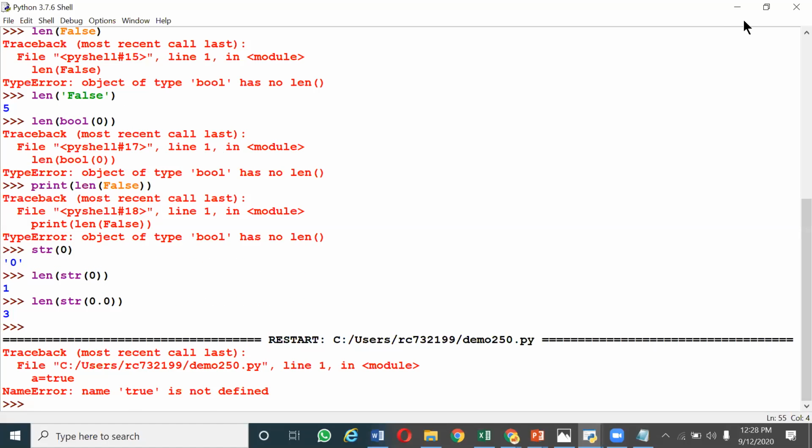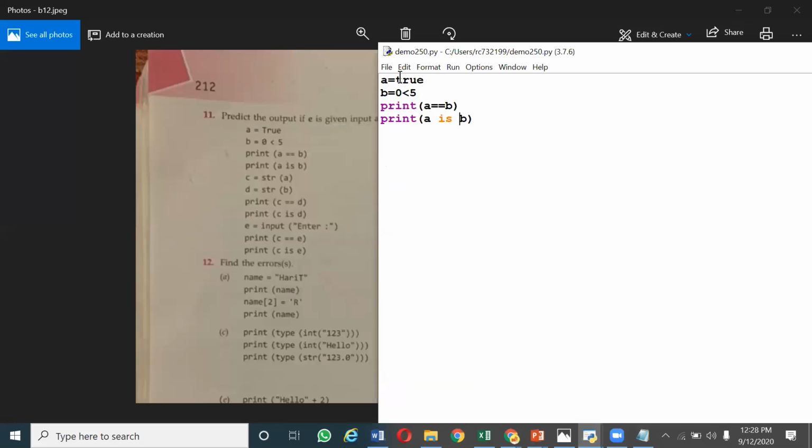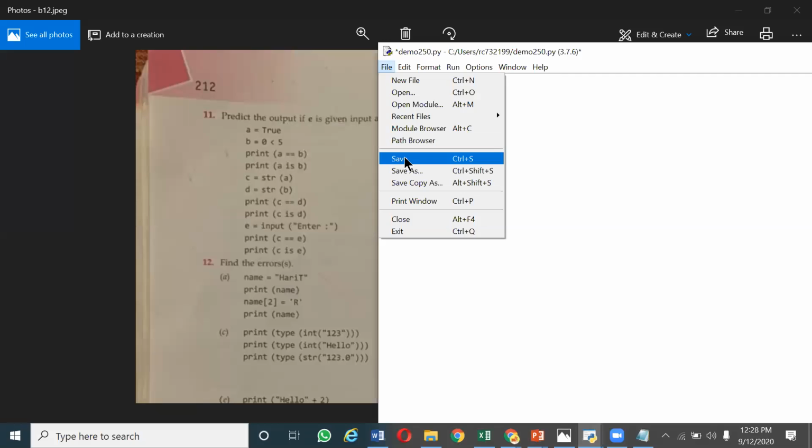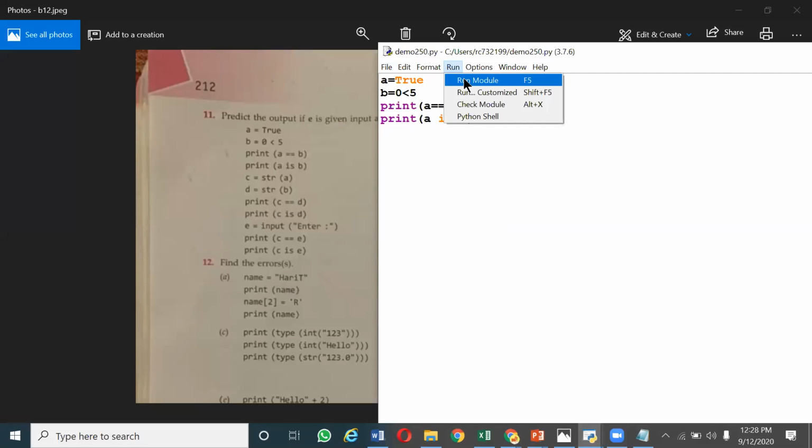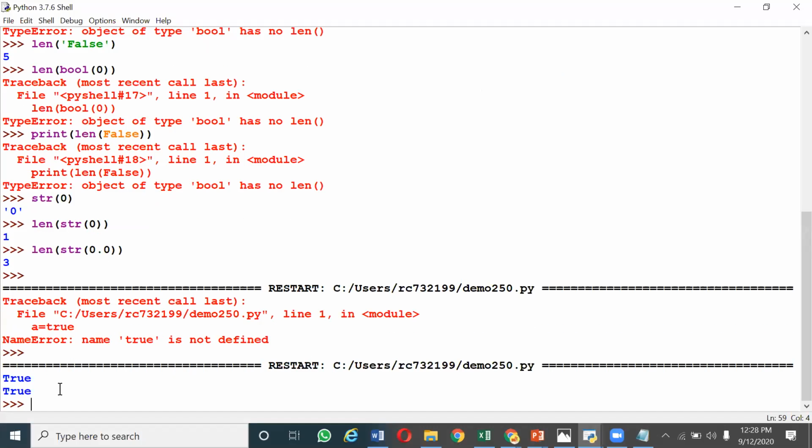Okay, so name true is not defined. Okay, it's supposed to be capital T. So it will give you the result as True, True.